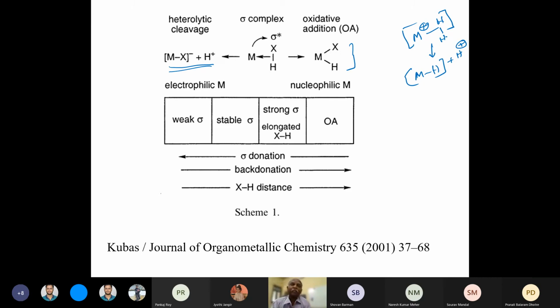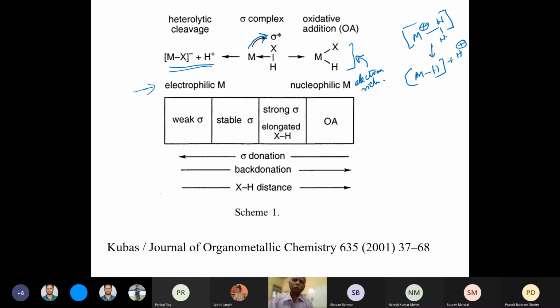So if I have a very electron-rich system, then I can form MH2, that is oxidative addition. Electron-rich systems will pump electron density into the sigma star. That's what I have put here. This is more for electron-rich systems, and electron-poor systems will tend to do this. So either way, you can break the H-H bond. So this is something that